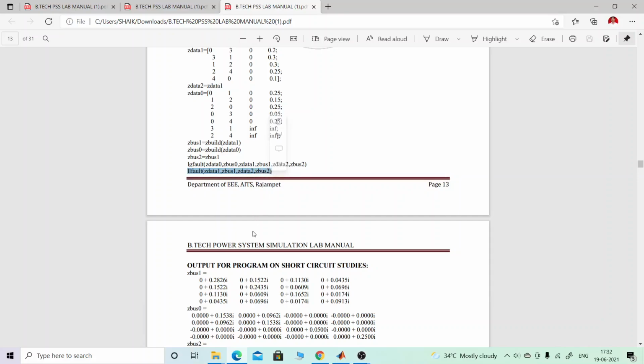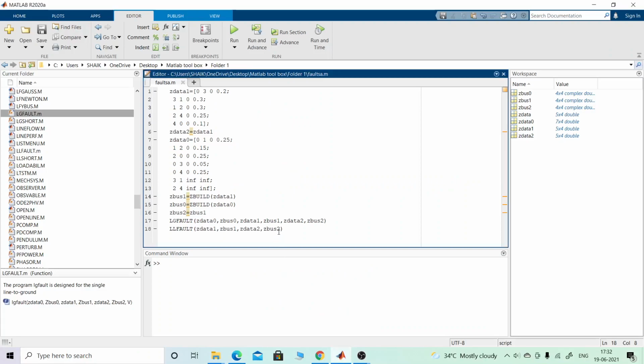This is the program. So now I am going to implement it in MATLAB. I have written the program here. You can check the program that has been shown here, and I will show how you can assign the values.